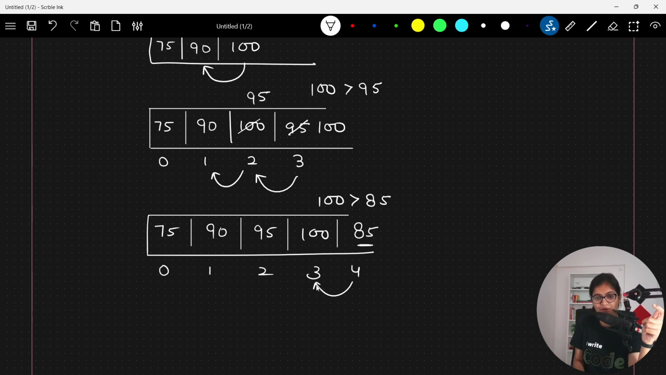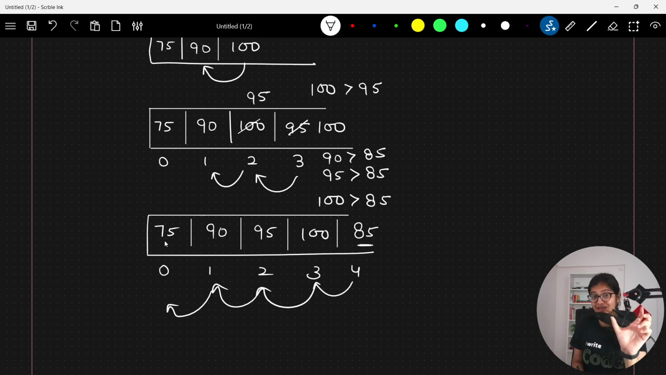It will just compare with the previous element as well. It is also greater than this 85. It will again get compared with the previous element. Here if you will see, 90 is also greater than 85. Here if you will see, it will again get compared. 75 is less than that. It means that